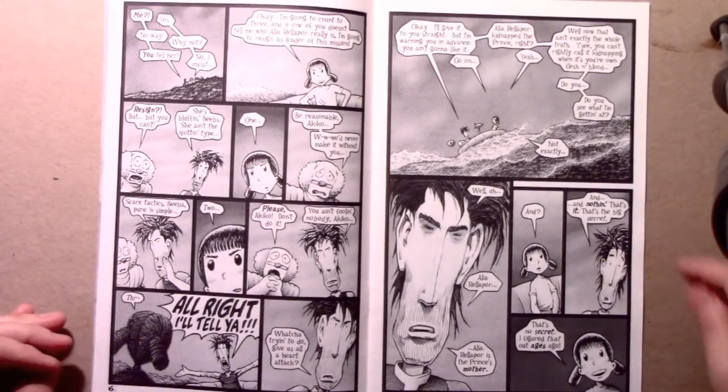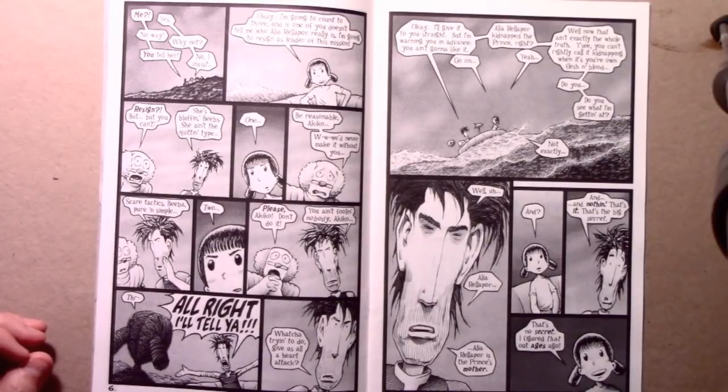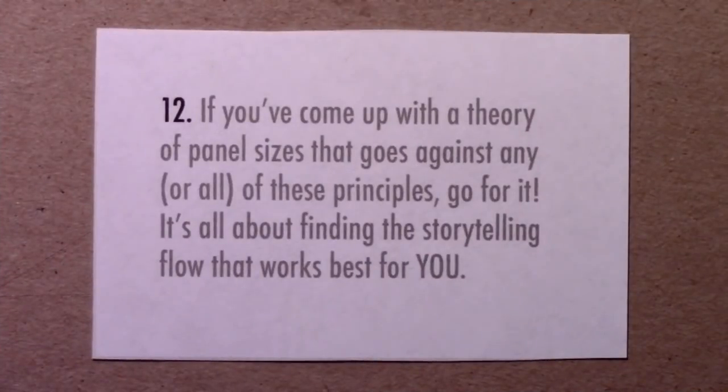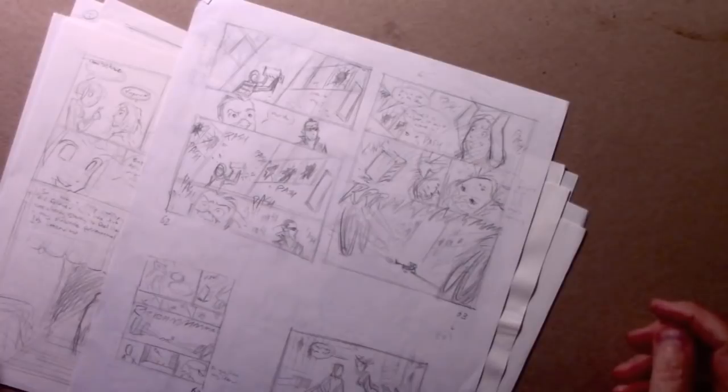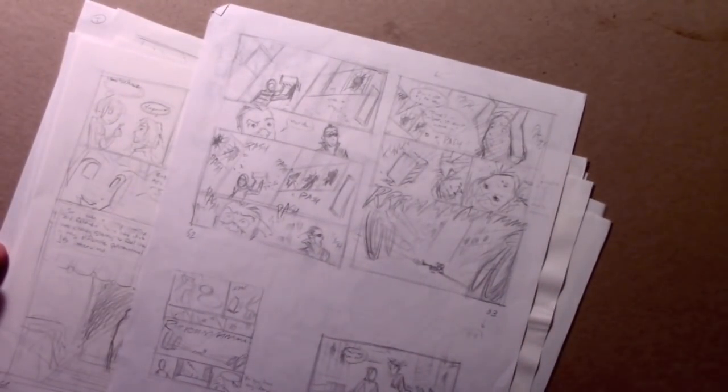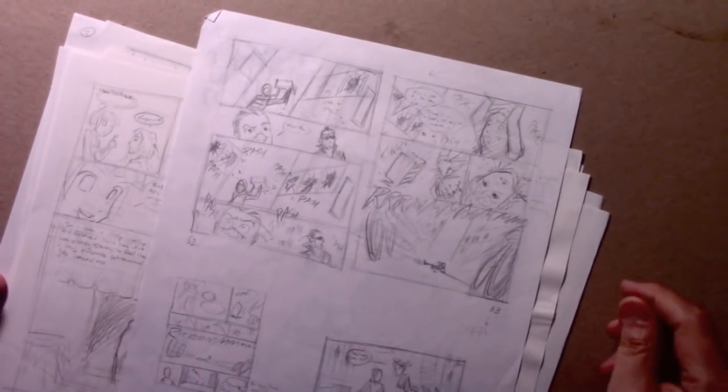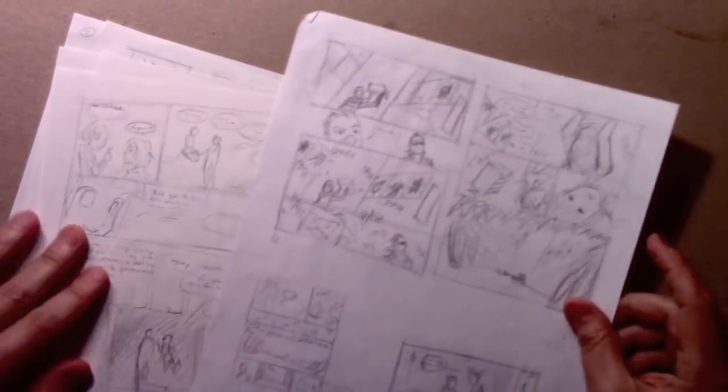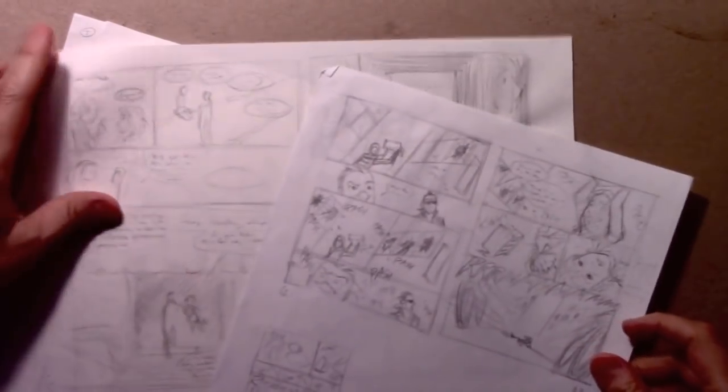Well, we're down to our very last piece of advice, and here it comes. Number 12, if you've come up with a theory of panel sizes that goes against any or all of these principles, go for it. It's all about finding the storytelling flow that works best for you. People who know me know I really don't like to lay down rules and say everybody has to do whatever. It's all about experimenting,